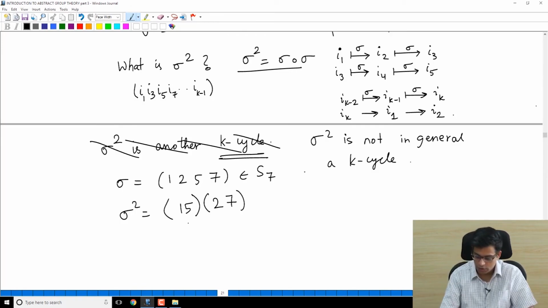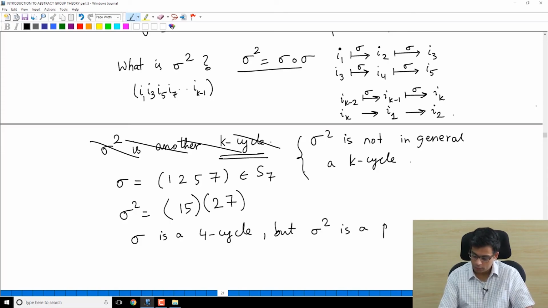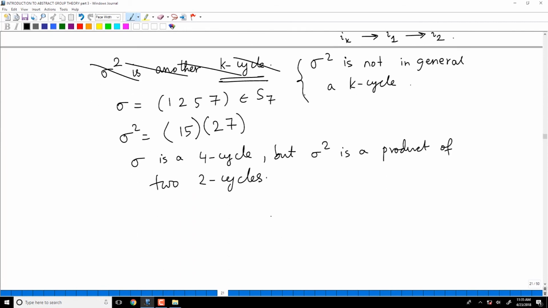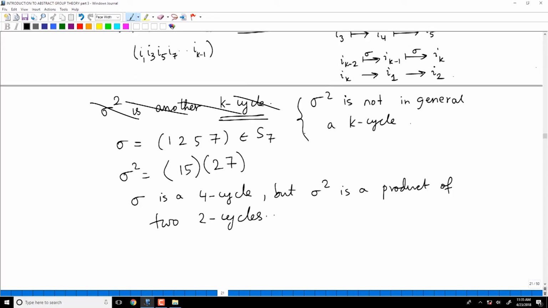Sigma is a 4-cycle, but sigma squared is a product of two cycles. Sigma is (1 2 5 7), sigma squared is (1 5)(2 7), but it doesn't matter. In any case,